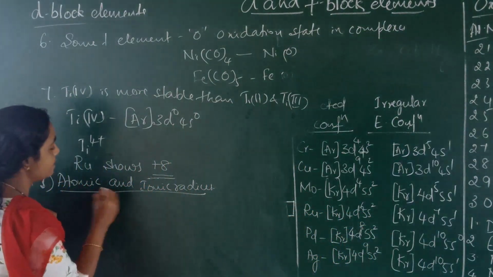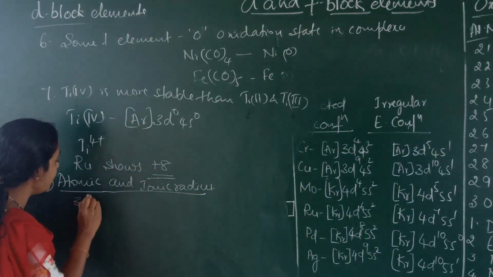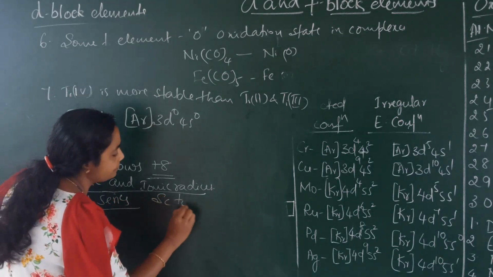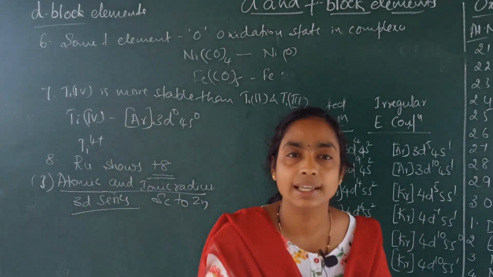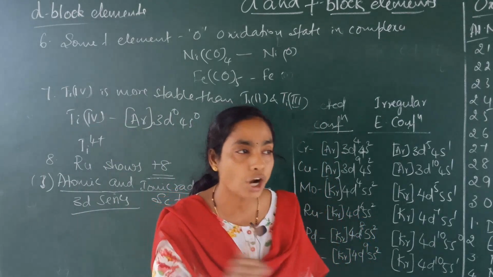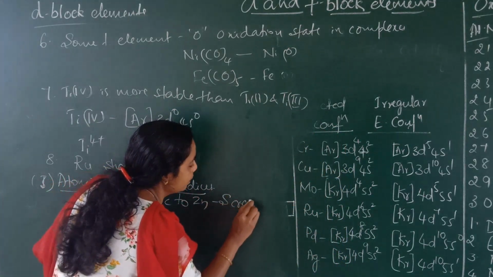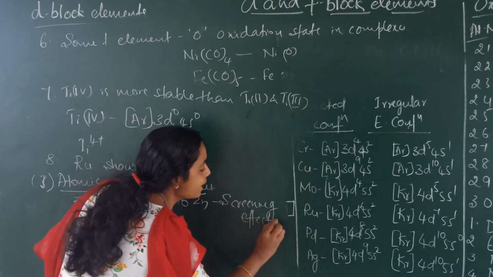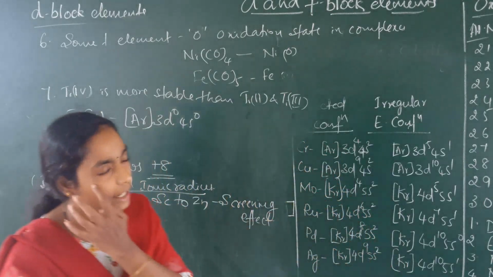Now, we will consider these d-block elements, and to explain this once again, I will take the 3d series elements as an example, scandium to zinc. As we move from scandium to zinc, the expected decrease in the atomic radius and ionic radius is not observed. This is because of screening effect. If they ask for 1 mark, you have to write the single word screening effect. The reason is screening effect, also called shielding effect.